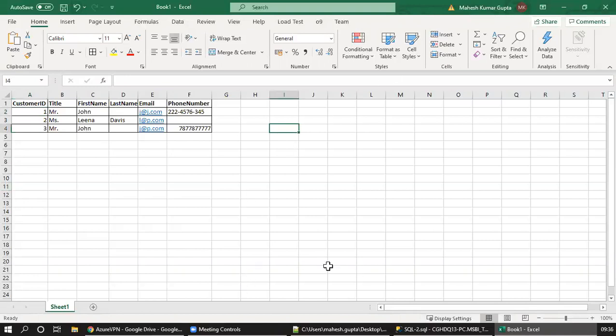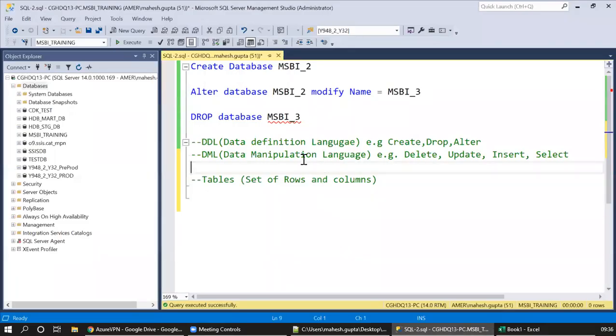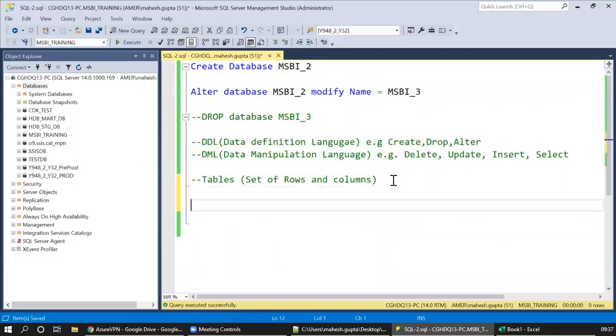Now, let's go to SQL Server. I don't know if some of you know about data types, or I will explain. So how do you create a table? I'll write some commands. As I told, when you need to create something, you have to use the create command. Then we are going to create a table. Whatever I am writing now is a syntax. What table do you want to create? Let's say we want to create a table with the name customer. So I'm writing create table customer.